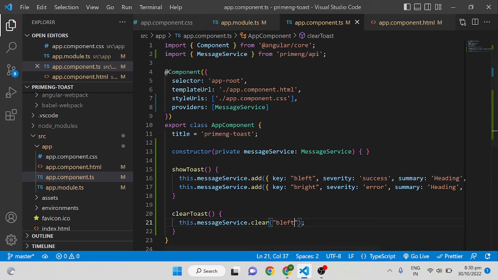So if that is the case, see, only the B left has been cleared. The same way you can specifically clear each one based on the key as well. So this is the clear toast. Another thing is, if you want to customize it, or if you want a confirm option, I have shown it, right? The confirm option you can do